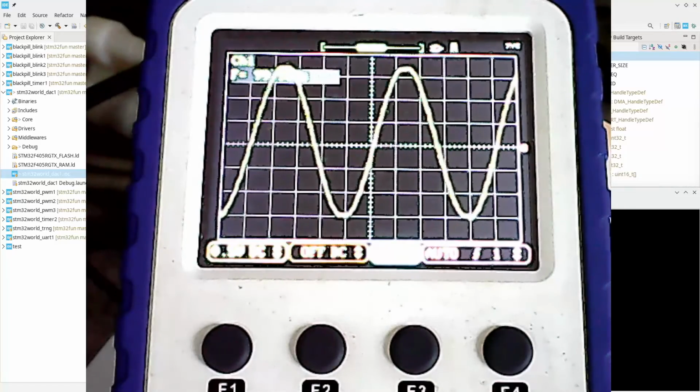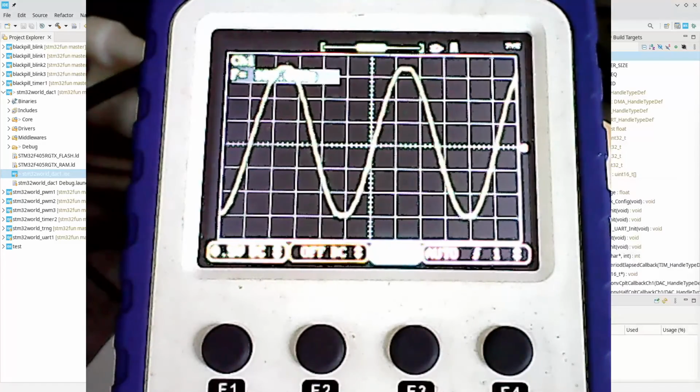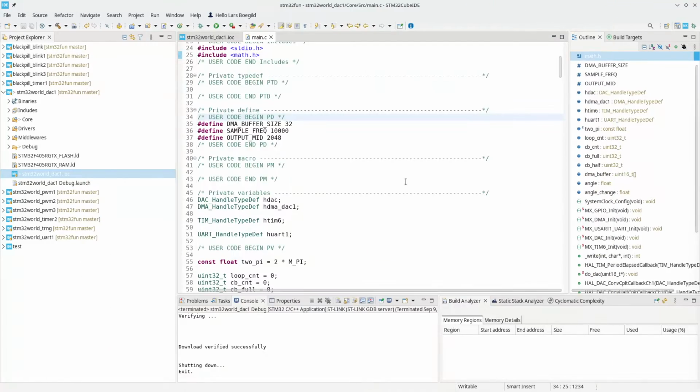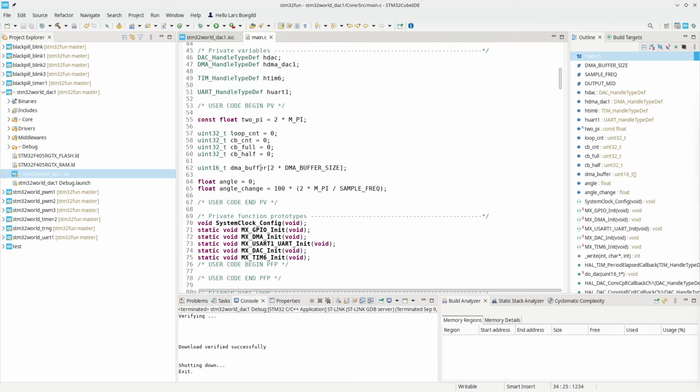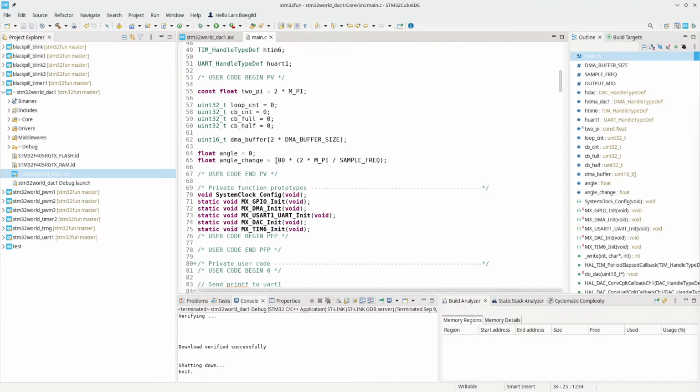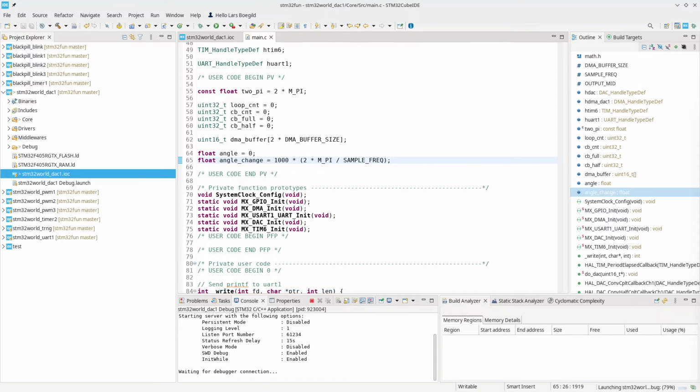Now, if we look, oops, sorry, I need to remove that one. Look at where we defined this angle change, we set it to 100. So if we set this to 1000, it should run at 1 kilohertz. Let's try that. And let's see our